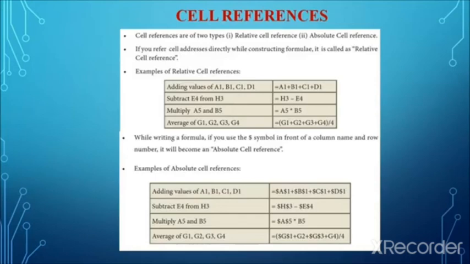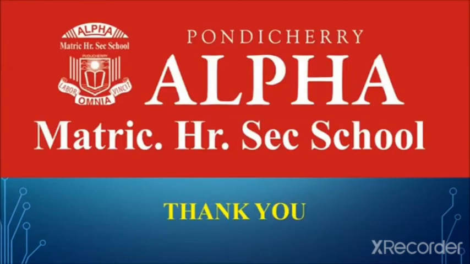It is not mandatory to use it in both; we can use it in either the column name or the row number, based on the requirement. So this is the first difference. And the second difference between the relative and absolute reference is that they behave differently when the content is copied and filled to other cells. So with this